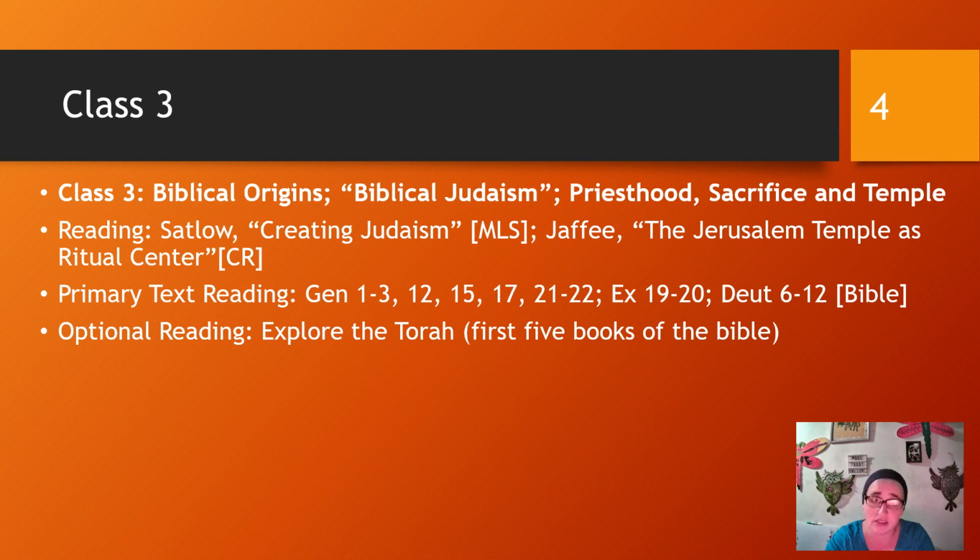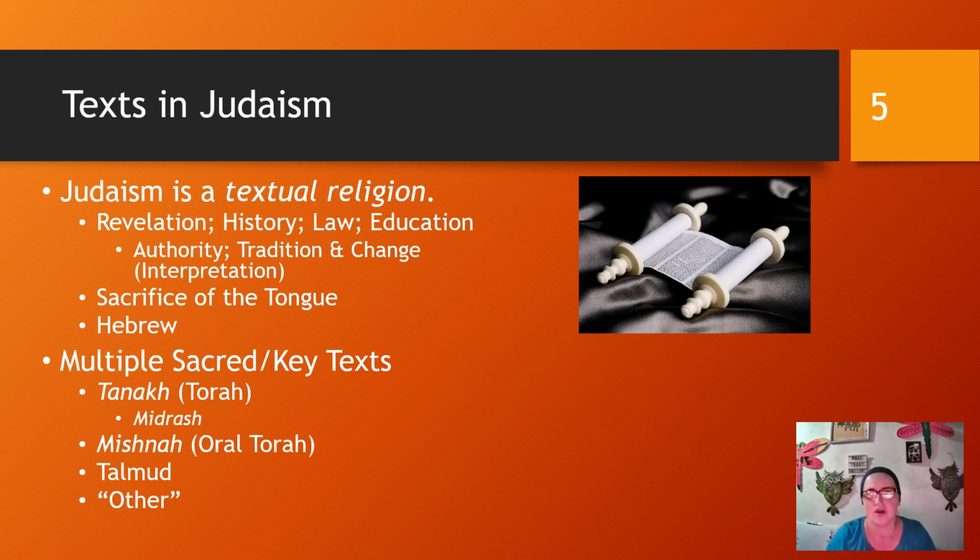So today we're going to focus a lot on biblical history, and we'll talk about how hard it is to put the term biblical with history like that. So, Judaism is a textual religion, as we've said before. That means that the text itself is a living presence within the religion, is a ritual object within the religion, and reading, studying, and reciting the text are rituals in and of themselves, devotional rituals within Judaism.